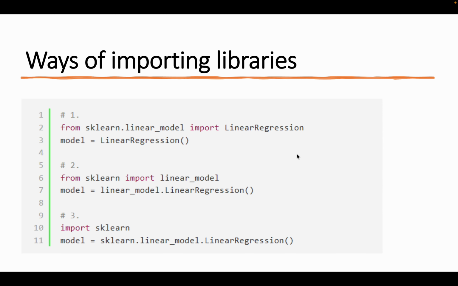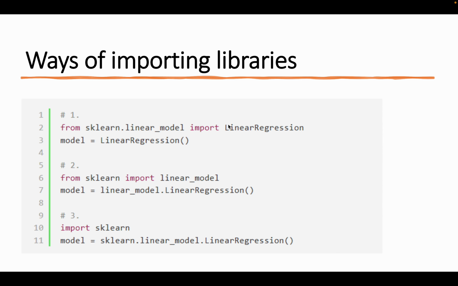Okay, so the first one would be the better choice, even though they're doing the same thing, because here you import the function that you want to call. So maybe a few months later, or maybe another person, when that person reads your code, it has better readability.